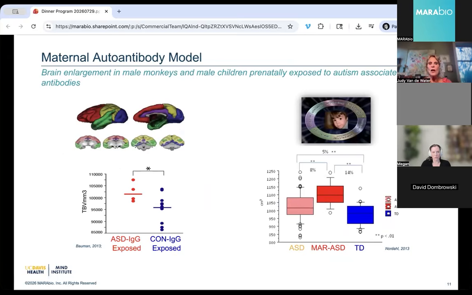And so, as I said, across all species, including our humans, which are on the right, and our monkeys on the left, we see this altered brain volume in the ASD exposed animals. That was a passive transfer experiment into the non-human primate. And in the clinical population, the MAR-ASD actually separated significantly from the ASD without MAR and the typically developing population. You can see a much broader range in the ASD non-MAR, and a very tight, nice, elevated total cerebral volume in the MAR ASD exposed kids. Next.